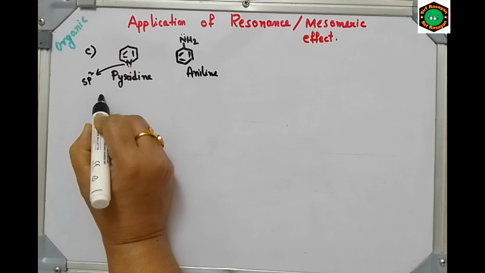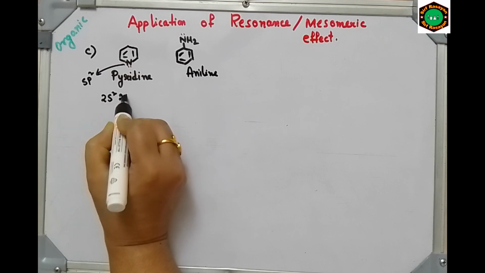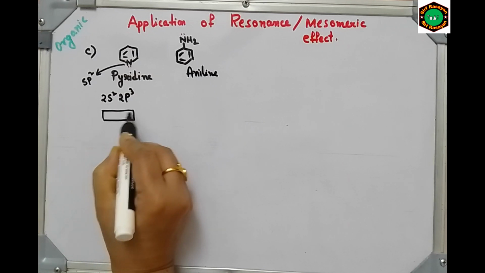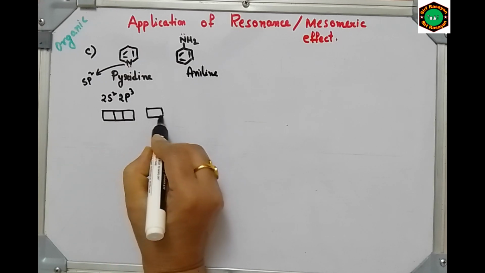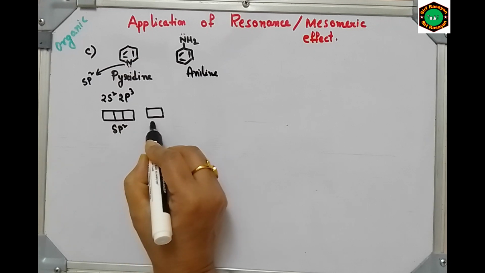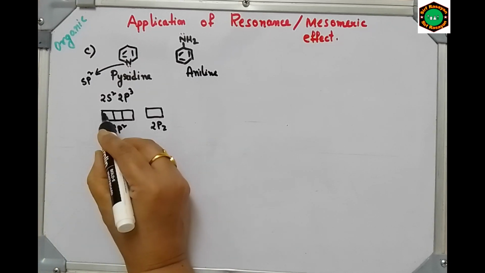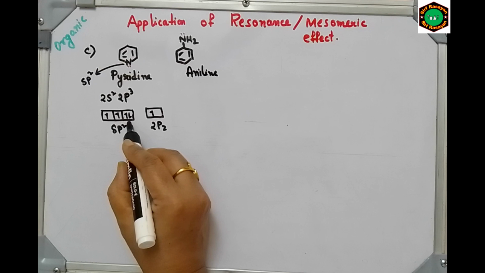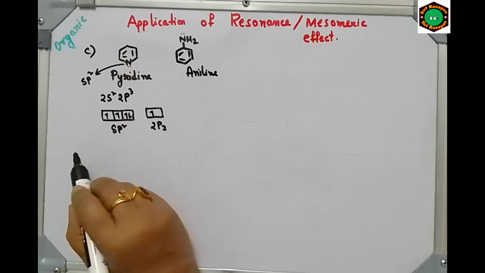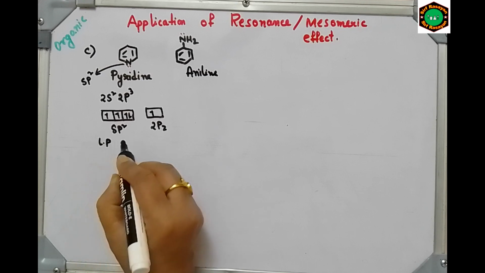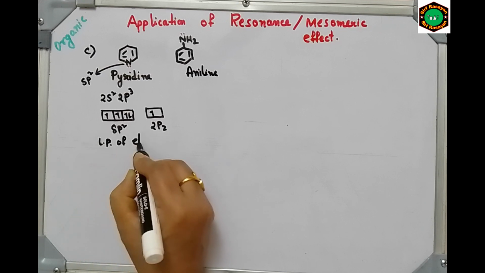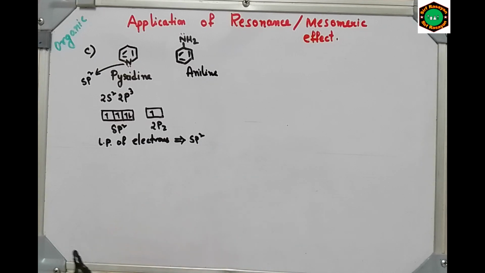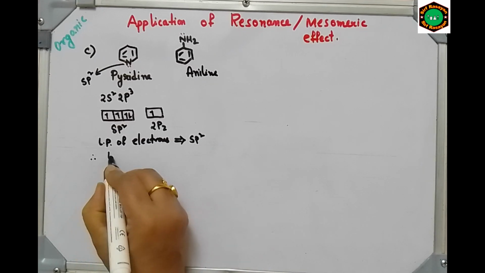Nitrogen has the valence shell electronic configuration 2s2 2p3. Here in sp2 hybridization, these are sp2 hybridized orbitals, and this is the unhybridized p orbital. So here the electrons are like this, meaning the lone pair of electrons is in an sp2 hybridized orbital. Here for pyridine, the lone pair of electrons is in an sp2 hybridized orbital. Therefore, the lone pair on nitrogen